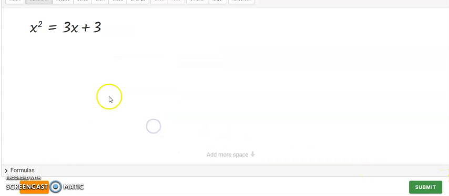Right, in problem 3, this is where we need to rewrite the equation. I always evaluate whether I'm going to move the x squared or leave it where it's at. If the number in front of the x squared is a positive number, I leave the x squared where it's at, and I make the other side equal to 0. So to do that, we need to subtract the 3x plus 3 from the left side. So we're going to subtract 3x and subtract 3 from both sides to get the equation